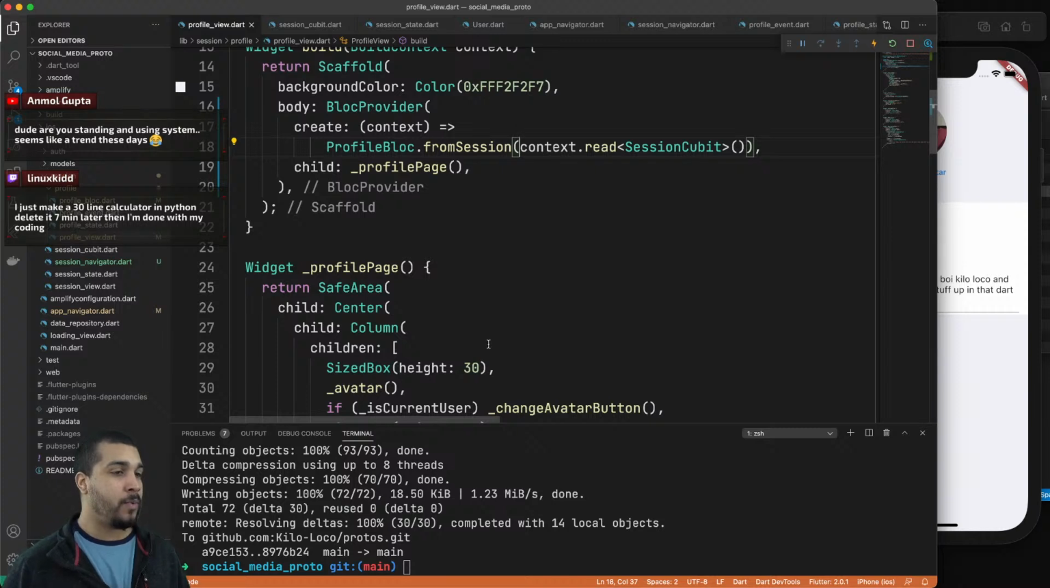All right, I really like the fact that we do now have our profile block, and now we should be able to access,